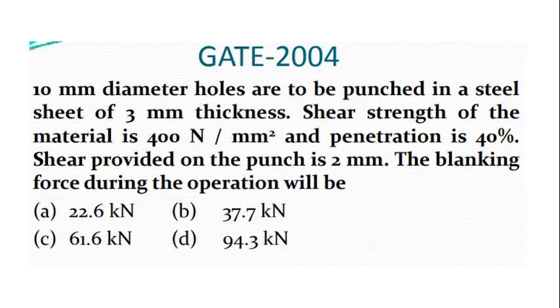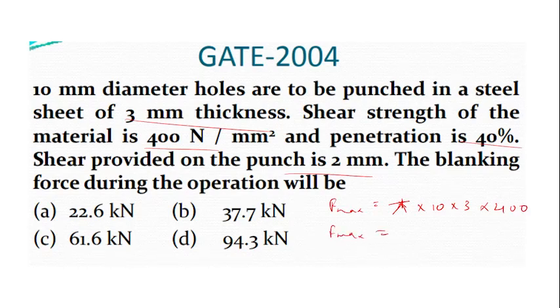So again, first we have to read. The 10 mm diameter holes are to be punched in a steel sheet of 3 mm thickness. Shear strength is given. Penetration is 40%. Shear provided on the punch is 2 mm. The blanking force. So firstly, we will calculate F max. That will be pi d t tau. Tau is 400. So F max will be,